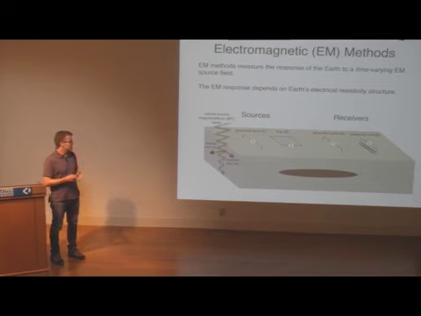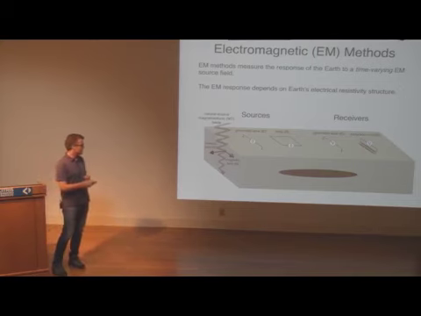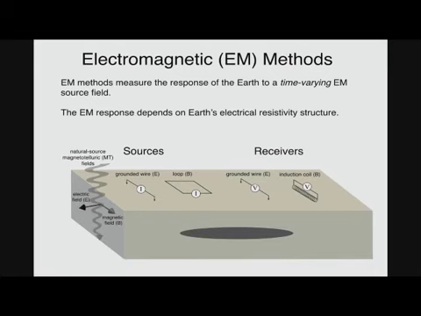These loop sources tend to be really good for shallow imaging in the upper 100 meters or so, and there's been a lot of use of loop sources and receivers for airborne electromagnetics. Some of you may be familiar with helicopter EM surveys that are really high resolution, but unfortunately they don't sense deep enough for subduction zone imaging, unless you were trying to image, say, shallow magma on an arc volcano. And then the receivers that we use are very similar. We can have either a grounded wire, which would measure the electric field, or an induction coil, which is very sensitive